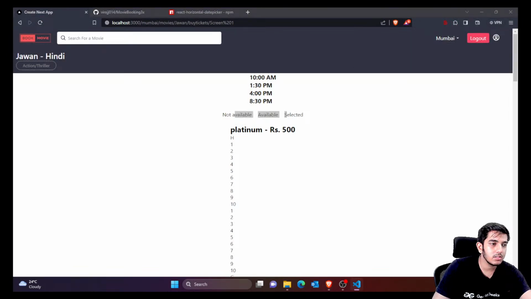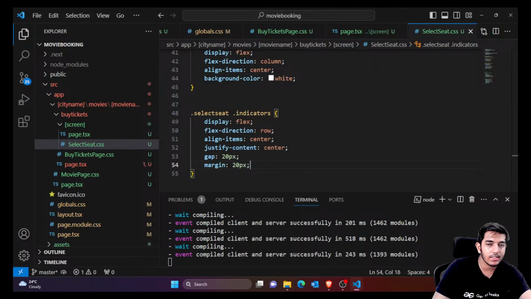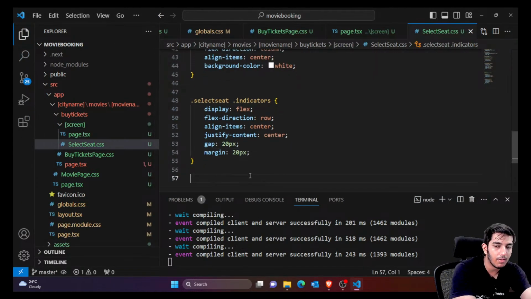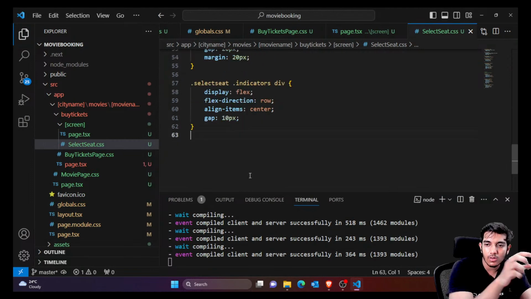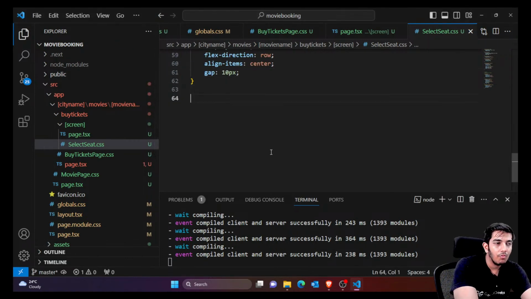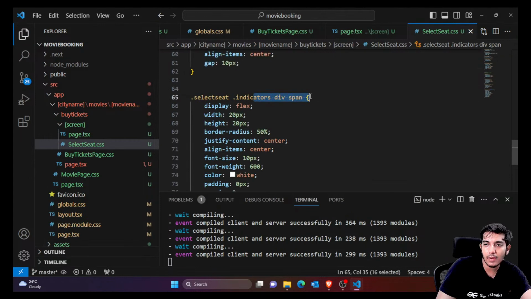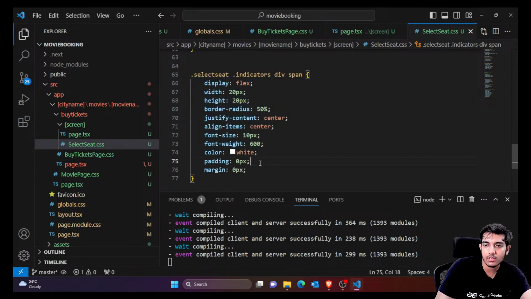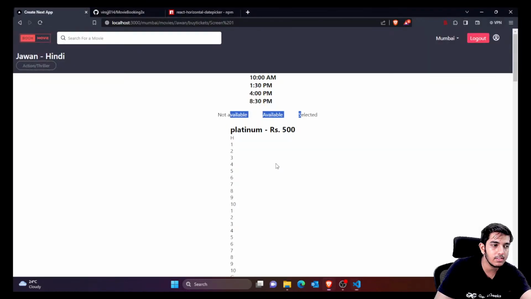Now we have the divisions inside indicators, so that means the division will be having a span tag and text. I've simply said they are in a row and there is some gap between the text as well as the span tag. I'm gonna say the span tag of the division would be having this style. I've simply said that its width is 20 pixel, height is 20 pixel, just a box. You can see that if I reload,